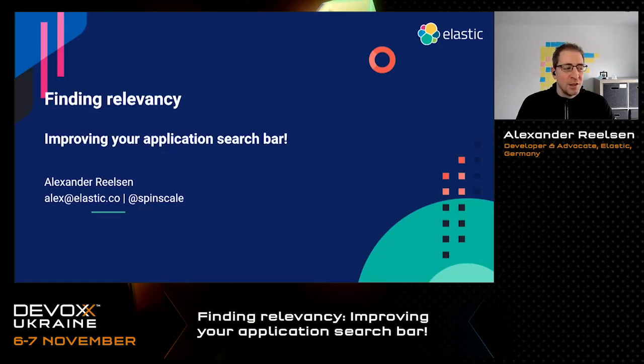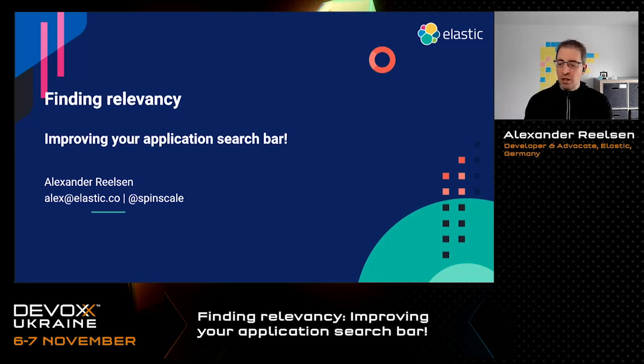Welcome everyone, thanks for checking by. Today's topic is about search and search in general. Of course, you might have guessed it: working for Elastic means that I'm biased regarding my choice of a search engine, but I rather want to talk about relevancy, because everyone knows that any application should have a search bar and it should be easy to use and intuitive to anyone who is supposed to use it. But the hard work in the background is the one that is important, like writing the correct queries, understanding the intent of the user, and also thinking about your business and maybe making your queries support your own business. I've brought up a couple of examples that I just want to go through.